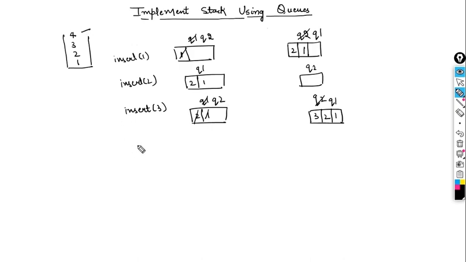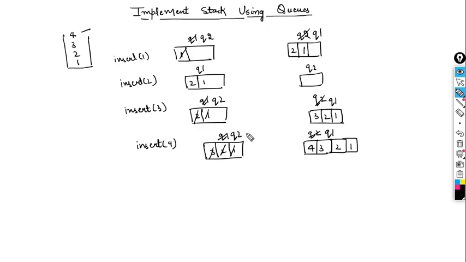Then again 4 came, so insert 4. This is the status, this is q1 and q2 is again empty. Okay, so push 4 here and do one thing, pop this element from here and push it here, then pop this element and push it here, and then pop the last element and again push it here, and make it q1 again and make it q2 again, right? So now the status is something like this. This is my q1 and this is my q2, and q2 is empty and my q1 contains these elements. This is 3, this is 1, right?